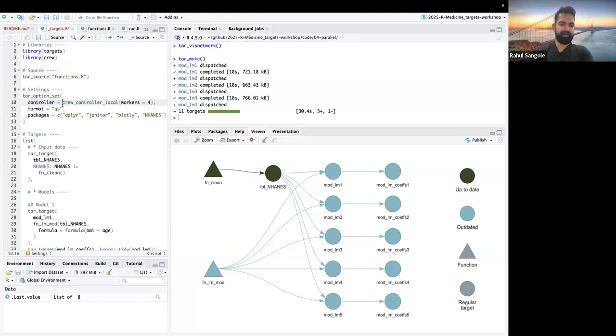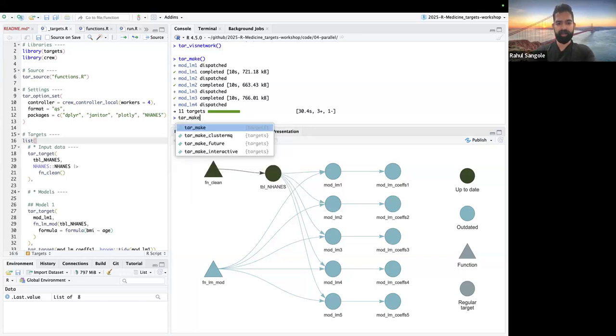And you say, look, I'm going to have this crew controller and I'm going to give it 4 workers. And what this is going to do is it's going to tell targets that, hey, look, analyze the pipeline. And as much as possible, I want to run objects in parallel. And I'm going to allow you to have 4 active workers at a time. Okay. Now, if I run tar make on this,